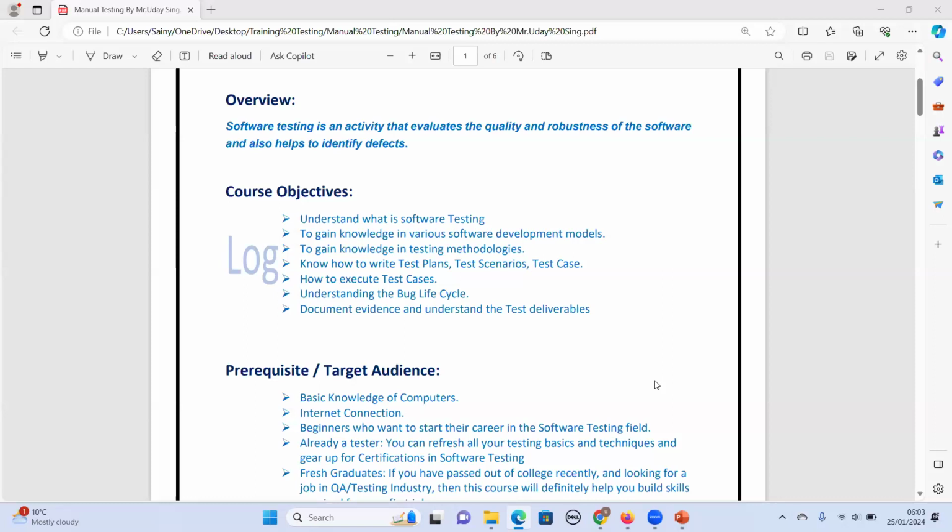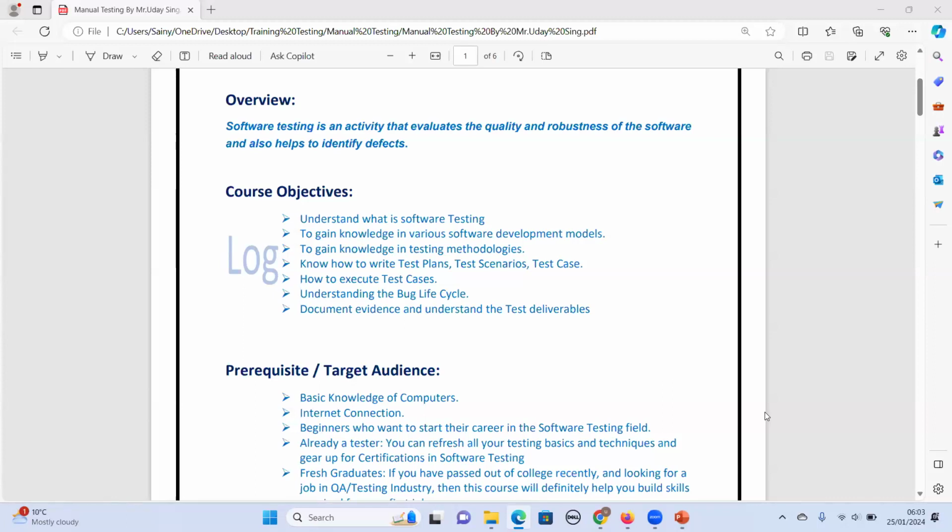Okay, I'll move on to the next one. So what are the course objectives? The main course objective is to understand what software testing is. As you have joined this course, I will explain in real time. For example, after this course there are some certifications, like the software testing foundation certification.